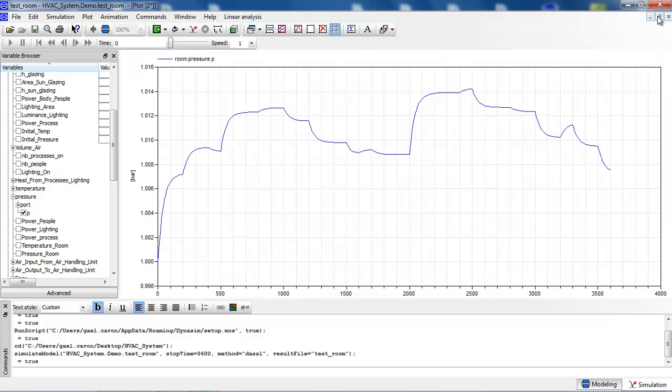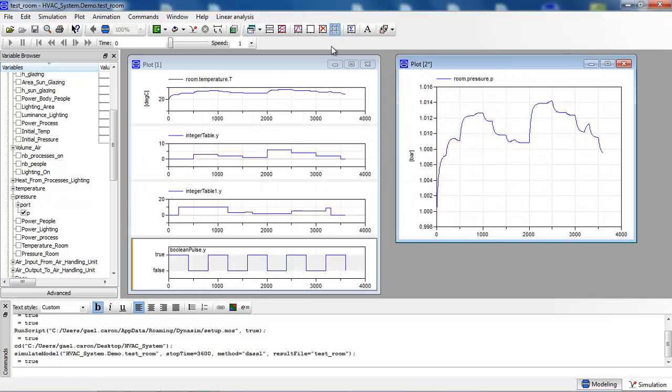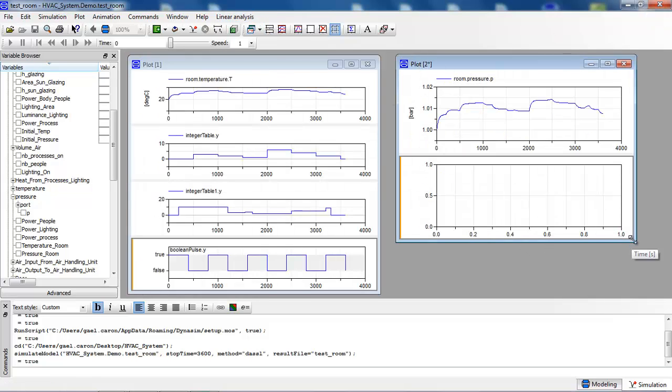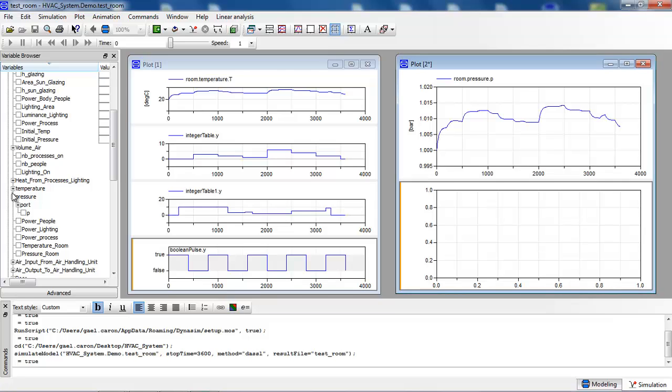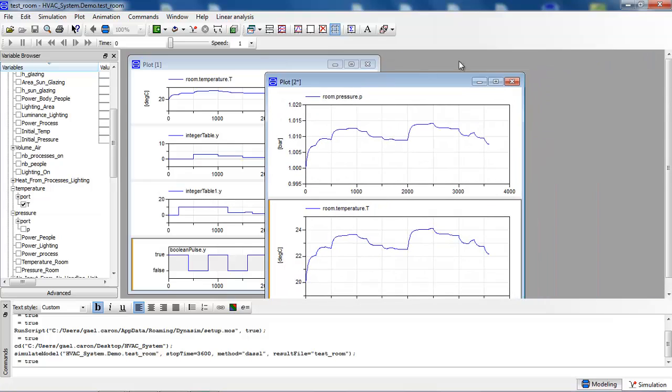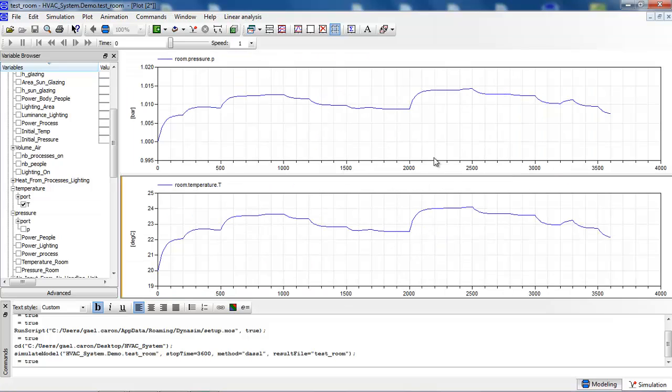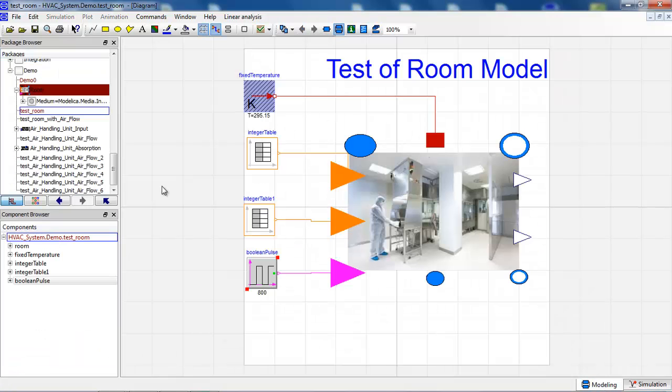Everything has been automatically computed by Dymola using the thermodynamic table of air. So here you have the pressure, and we can also see that it follows the same behavior as the temperature. Okay, this was the first step, and now